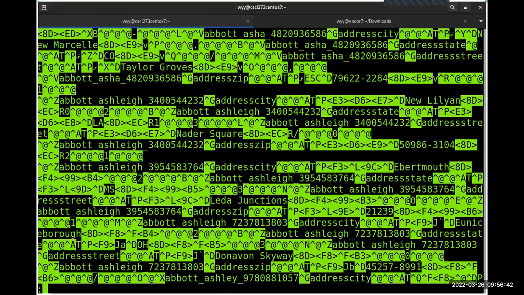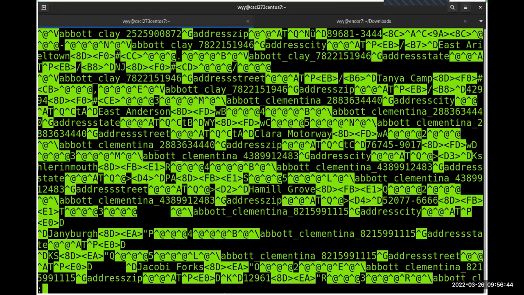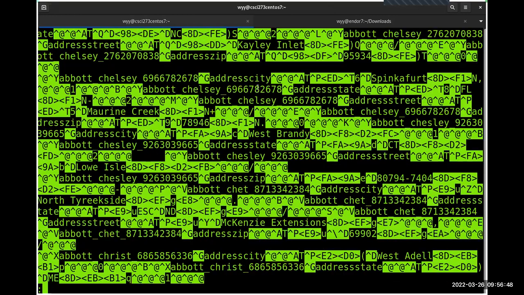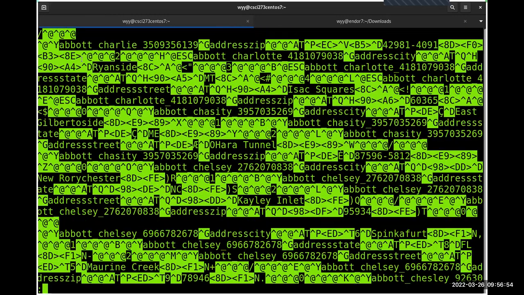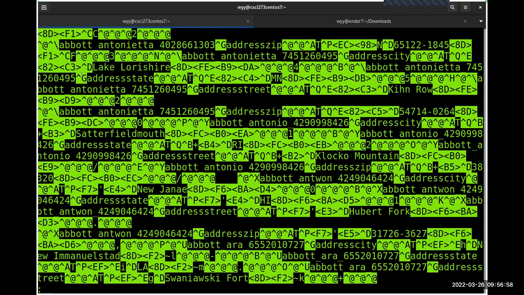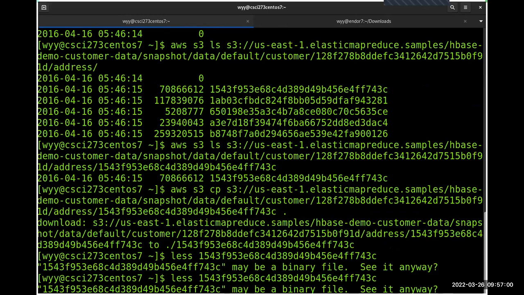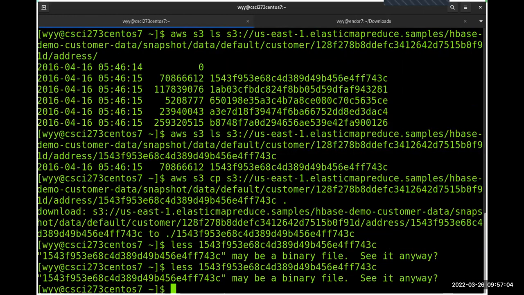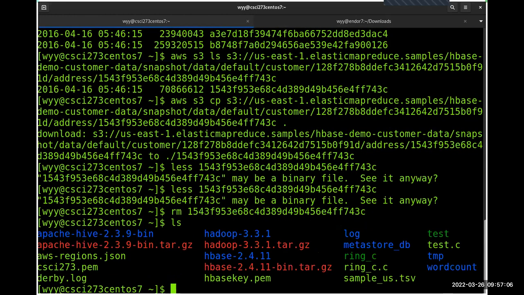This one, by the way, I believe is a sequence file format. So it actually has the data in text that stays in text, but the rest of the file is in binary. That's why you see these non-printable characters on the screen, because they are binary, right? So this type is a data block. Okay, so I will not waste space. Let's go back to